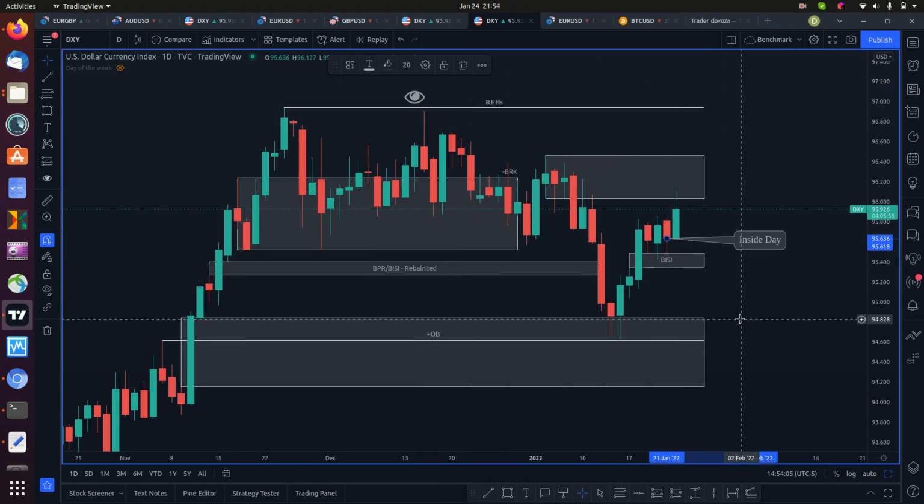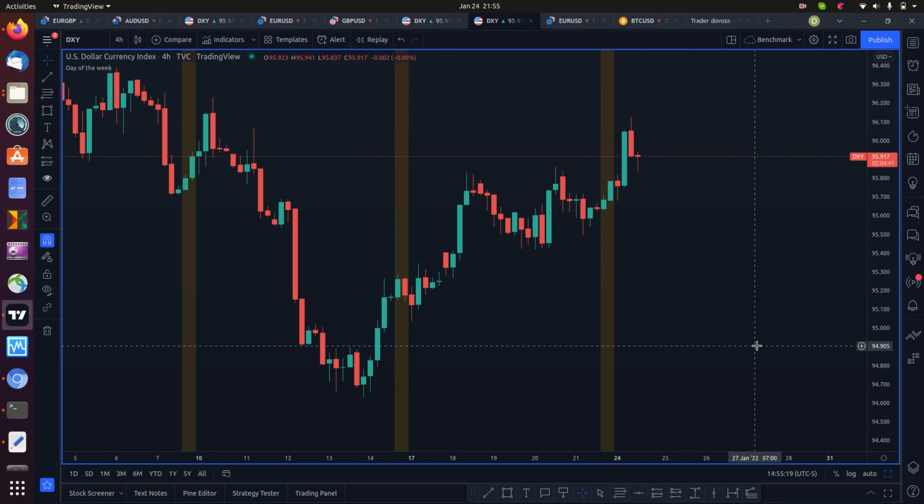I don't think there's a need to go down to the lower time frames, but it'll be nice to see what happened down there. All right, this is the 4-hour chart of the dollar index, and you can see today's price action here. These colors right here are weekly dividers, so you can see this is one week, this is another week. So on the 4-hour, you can see that projection right there on this week,